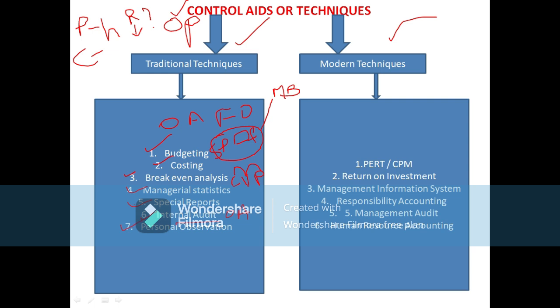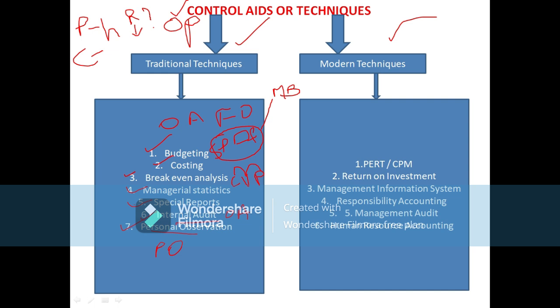Now, personal observation. Ultimately, business activities can be controlled only through measurement and control of human performance. Definitely there should be measurement and evaluation. So managers should control the activities of their subordinates through periodical observation. Personal observation should be made by superiors on subordinates, of their work methods, attitudes to work, and final performance.